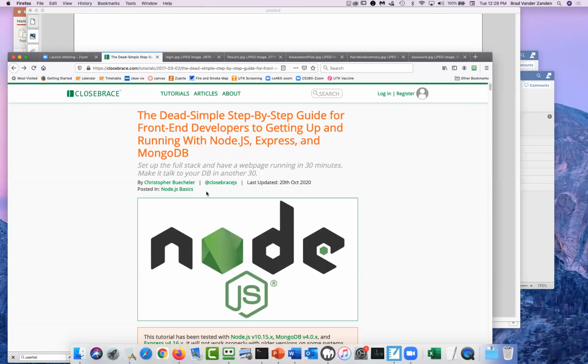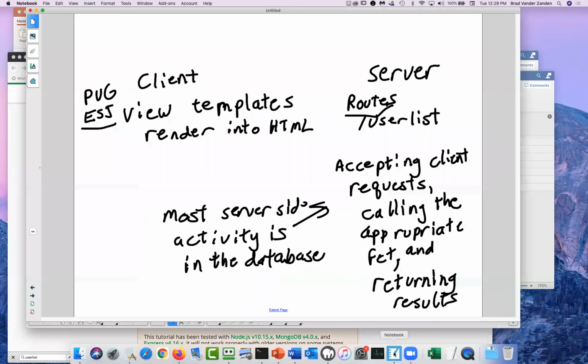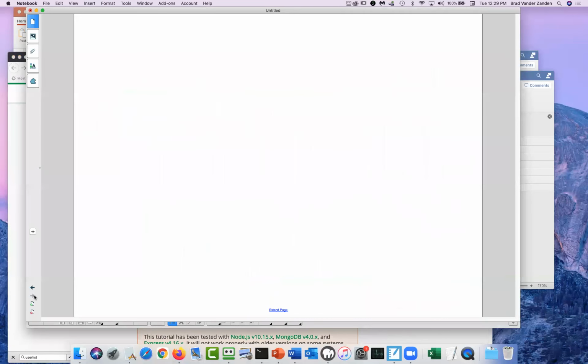Okay, so you can go and you can read a lot of articles and look at what people think about Node.js versus PHP. So basically, if you're looking at the pros and the cons, in general, Node.js is faster.